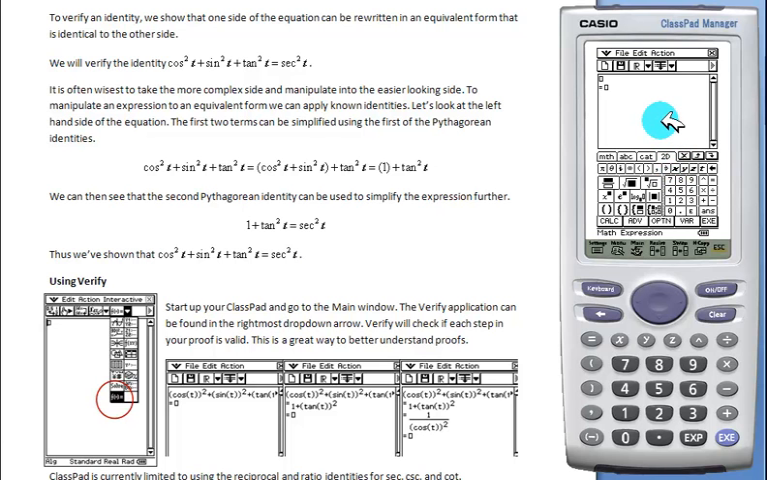From here, we will want to enter our expression. The trig functions can be found in the Math tab, down the Trig tab. Here we have sine, cosine, and tangent. Put in sine of t squared plus cosine of t squared plus tan of t squared, hit EXE,